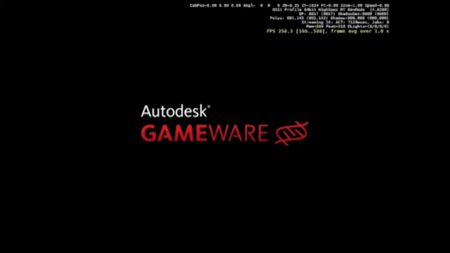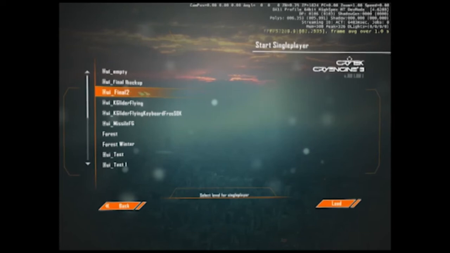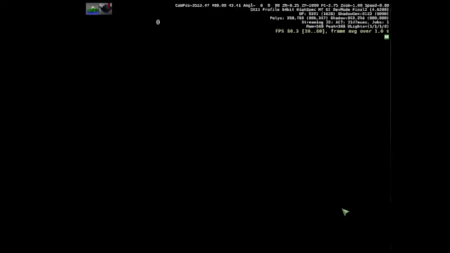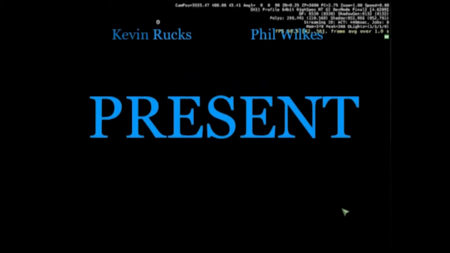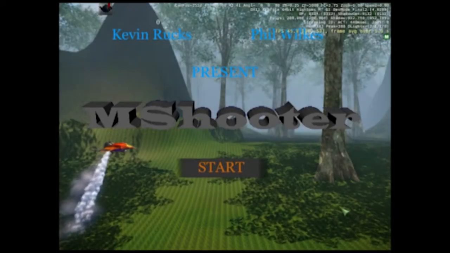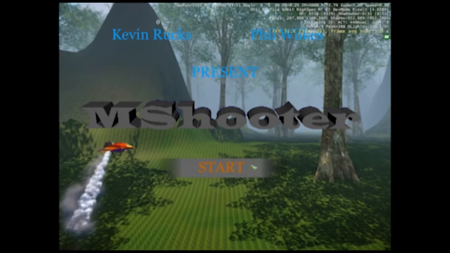This is M-Shooter, a project that I have been working on in CryEngine 3 for about 2 months with no previous experience in CryEngine 3, the new Sandbox 3 SDK, which is free. And the concept of the game is that it is a top-down shooter that changes to a side-scrolling shooter whenever the player wants to. So that could be good or bad depending on how the enemies are laid out, and it's given me a lot of ideas for new mechanics and things that I could put into the game